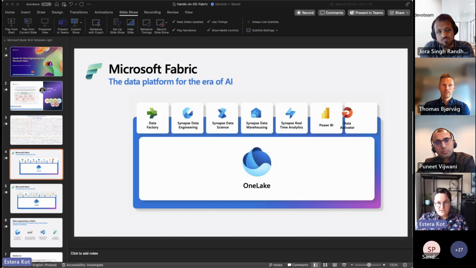As you can use Word, PowerPoint, and Excel in Office, there are multiple engines and scenarios defined in Fabric. Basically you can see seven tiles representing seven main tools, seven main scenarios. Each of these tools is mainly focusing on one persona.